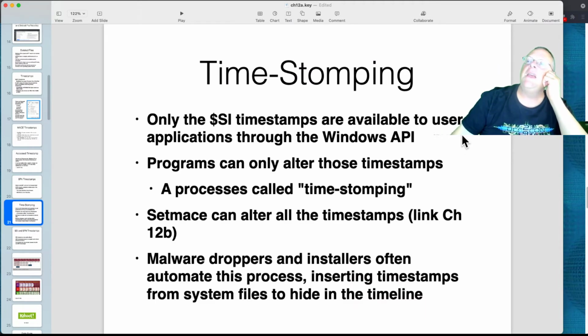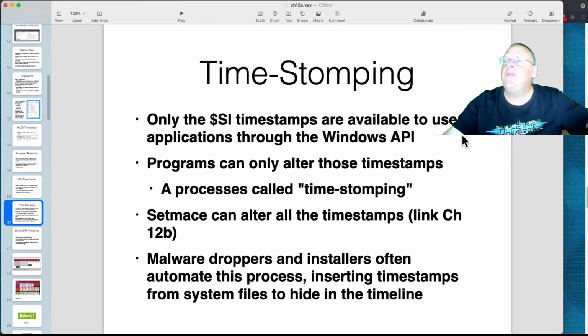Time stomping is what a hacker will do that wants to hide timestamps. Because, of course, if you hack into a system and then you hit the antivirus, you set off the intrusion detection system, then people start incident response, and they will take the time when that alert came and they will look for events near that time. So if you could move all your created files to a different time, then you could hide from them. So what you do is use a program that does time stomping, and typically what you do is